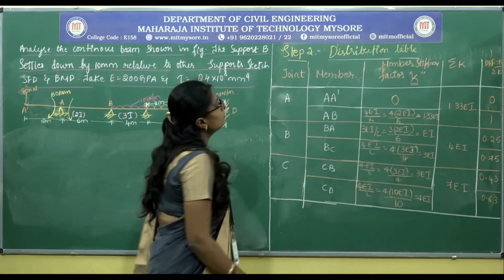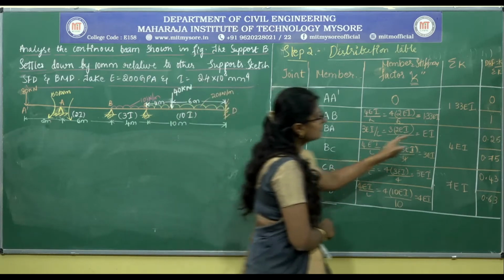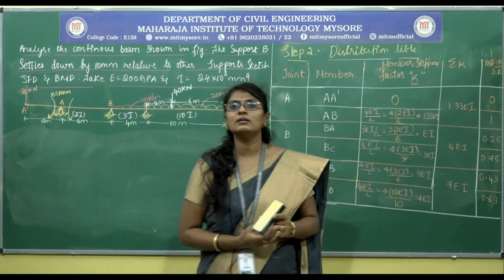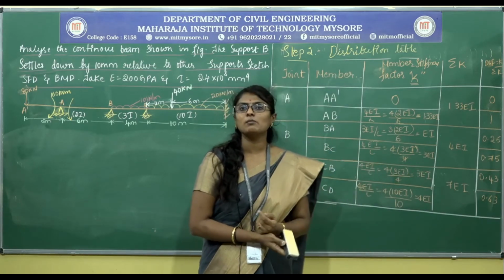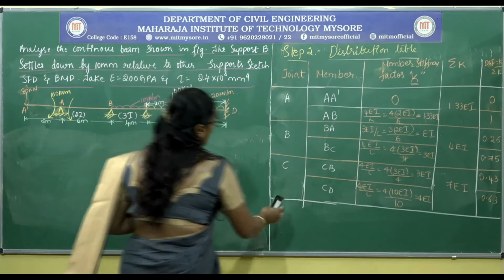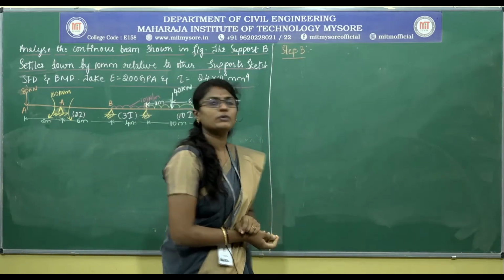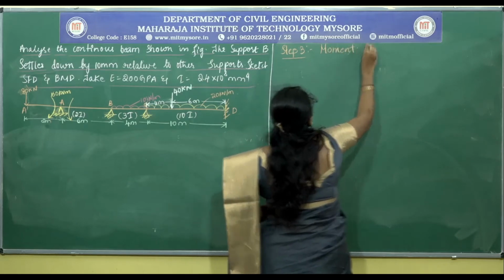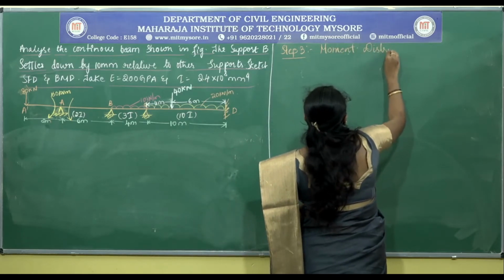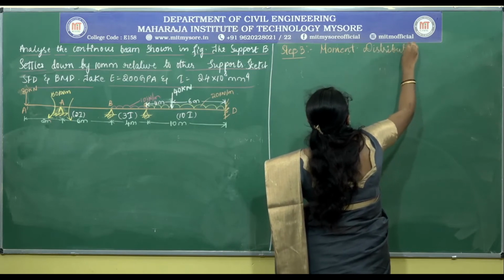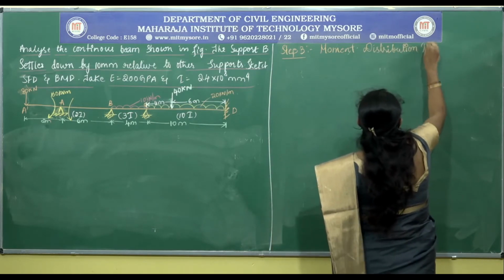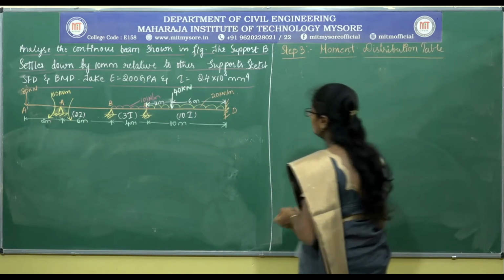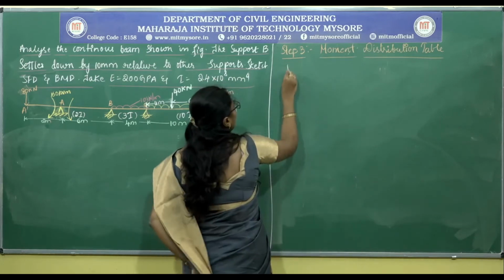So this is the distribution table to calculate the distribution factors for all the joints. Next is to calculate the final end moments by using the moment distribution table. So next is the step 3, which is the moment distribution table. For this, we have